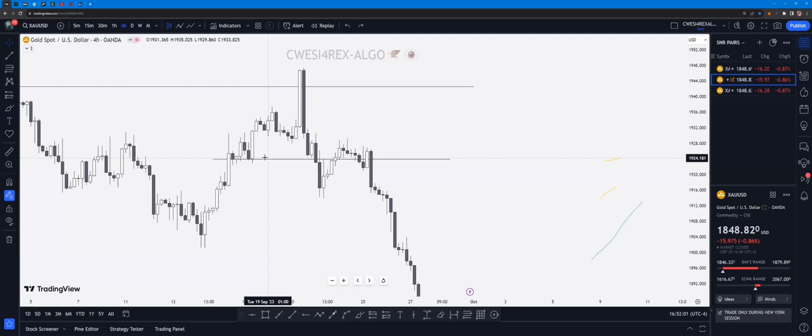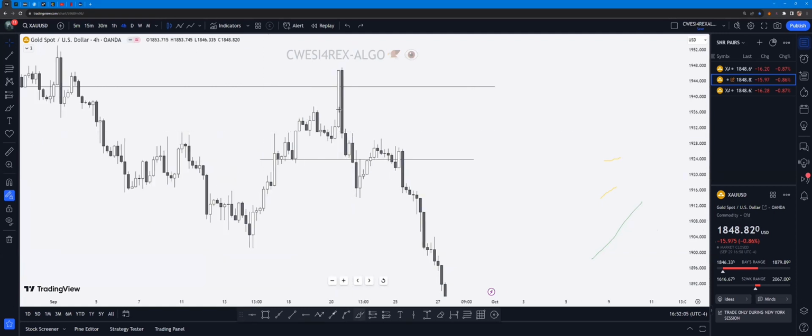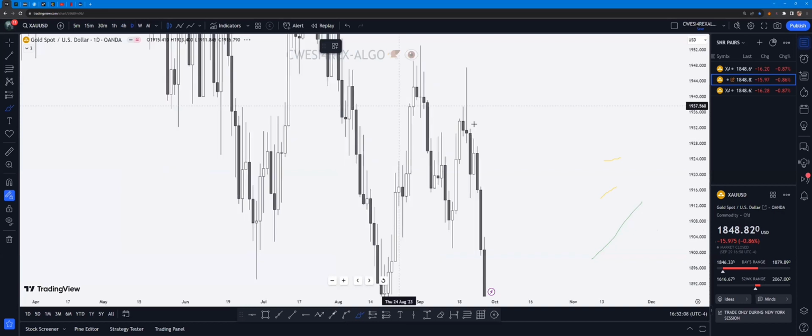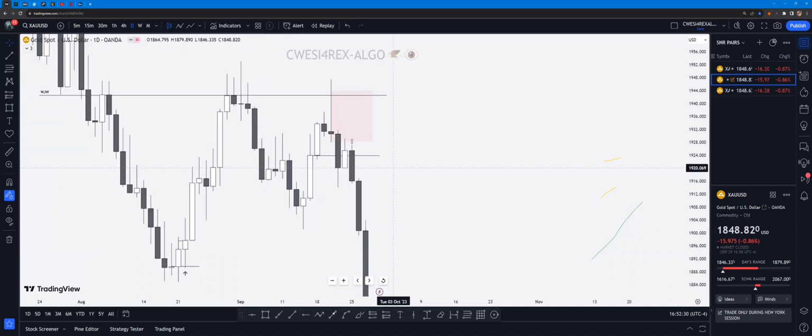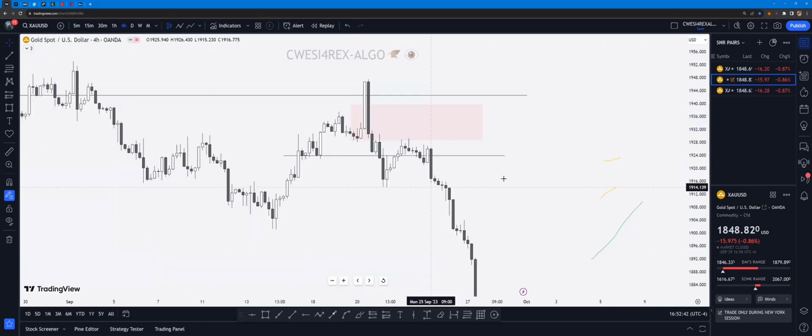breakout over here, right? So you can see this, the daily pullback that we had. This is the daily pullback that we had over here, okay, which we can refine or look for as a daily zone on its own. So this is the zone that you refine. I'm not teaching zone market, okay, but this is our daily zone that we have over here, which we can refine towards the lower time frame.